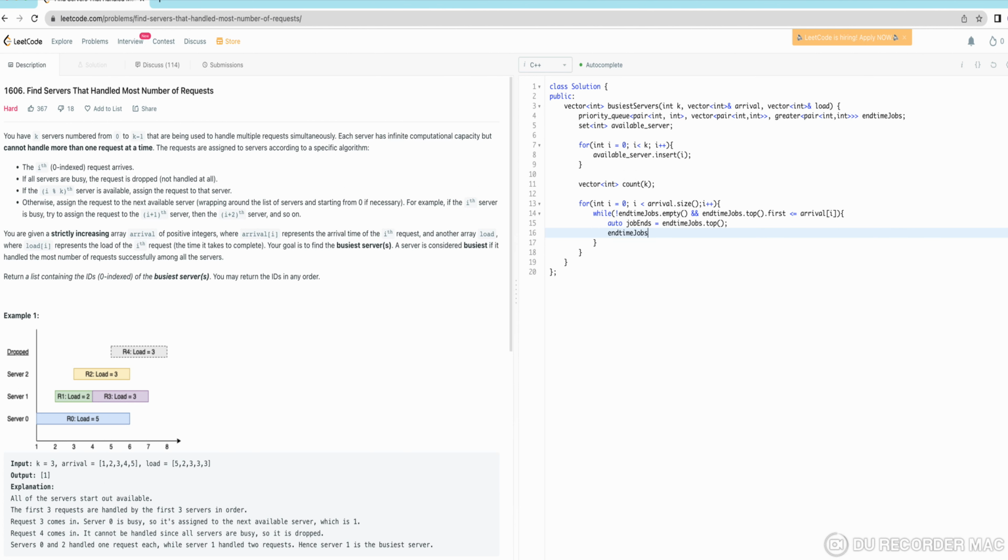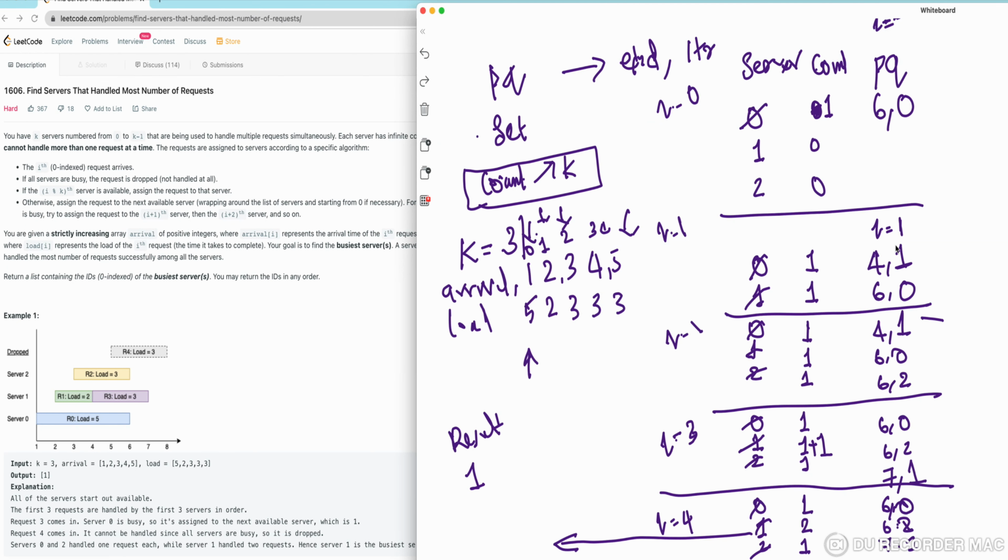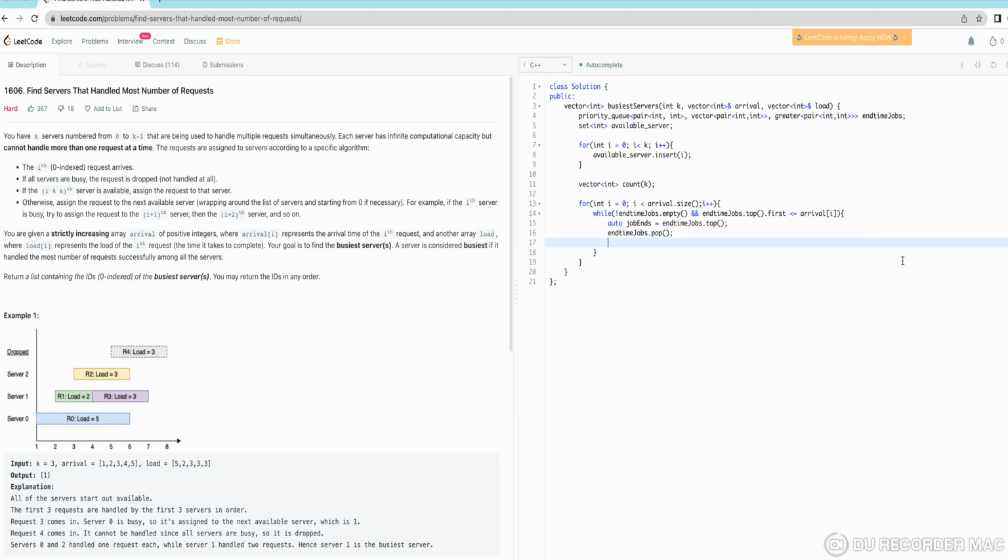We can pop out that particular job. Whenever a job is popped out, that particular server is free, so we need to add that server into the available servers, so we go here and insert